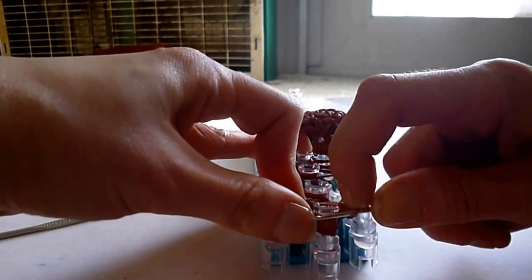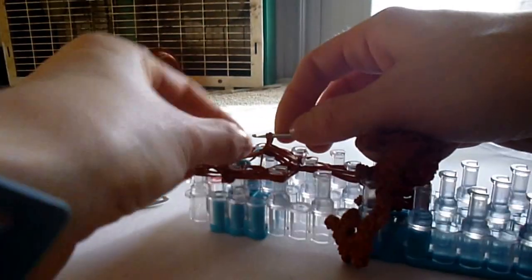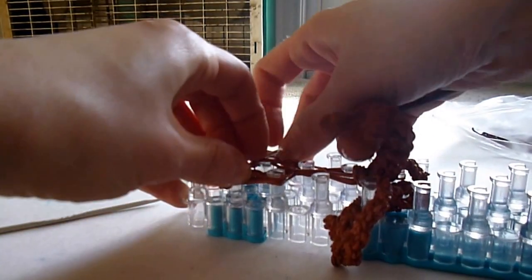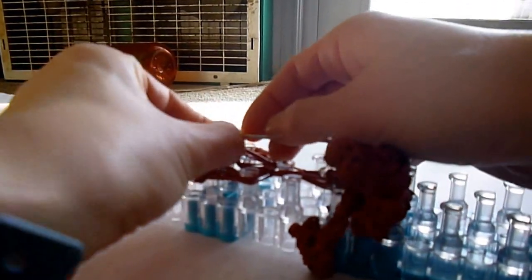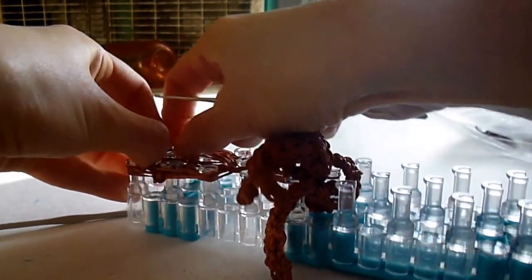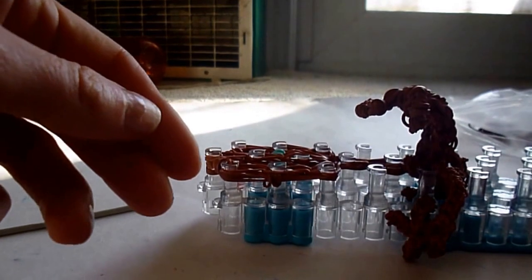You can see a couple of my bands are popping off, but they're on the side row that we've already looped, so I'm not too worried. Go back to the 3rd peg down in the center, loop up 2 times. That time I am worried I grabbed the wrong ones. Something's not right there. Let's try that again. One of these doesn't belong. Okay, there we go. I grabbed one of my eye bands by accident there. We loop up one more time, take a single brown,